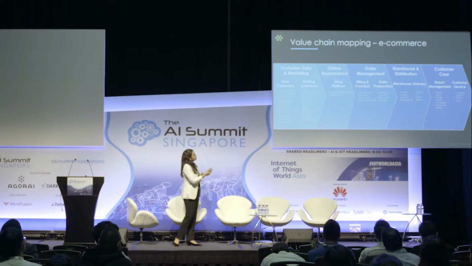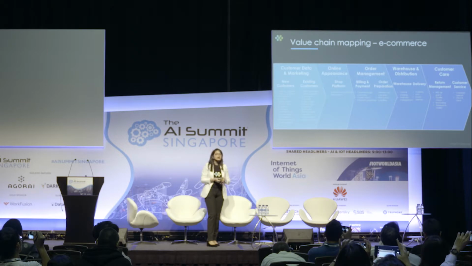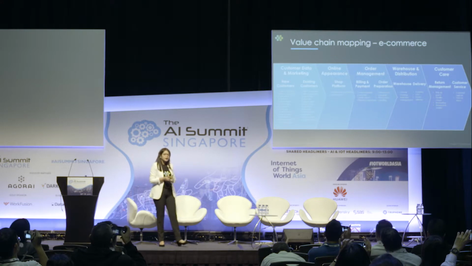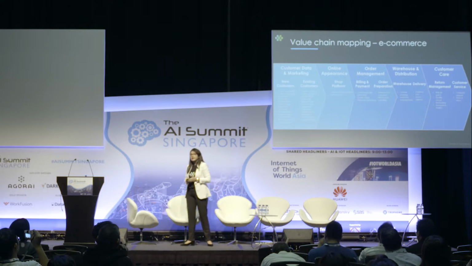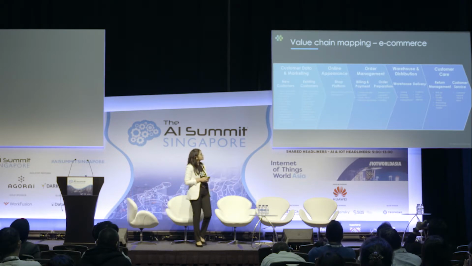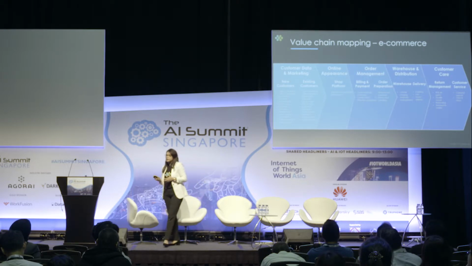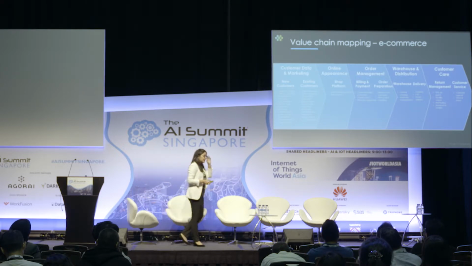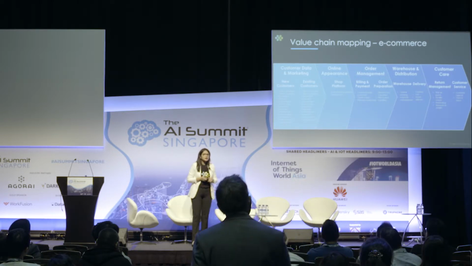So looking at a typical e-commerce value chain, and once we map that to our particular client scenario, we came up with certain key areas that we wanted to go ahead with in terms of AI intervention, starting from lead generation, churn analytics, campaigns, and recommendations. And I will talk about how that kind of closes the loop on the customer journey. So to take the example of the automobile, we realized that the first thing we wanted to do was to understand the drivers behind churn for each of the customers, and then use those insights to be able to send personalized recommendations to the customers.